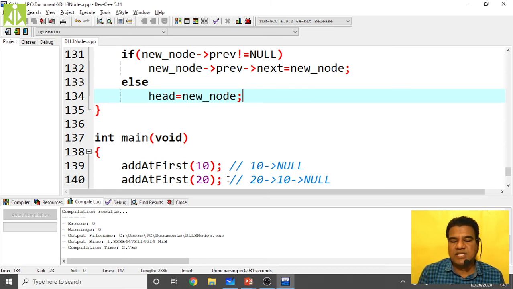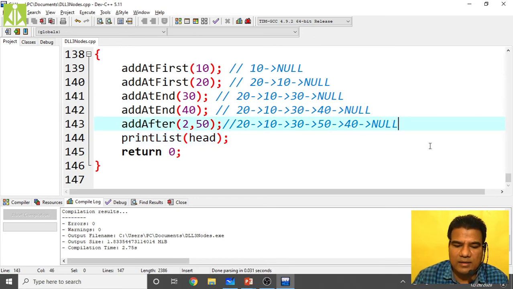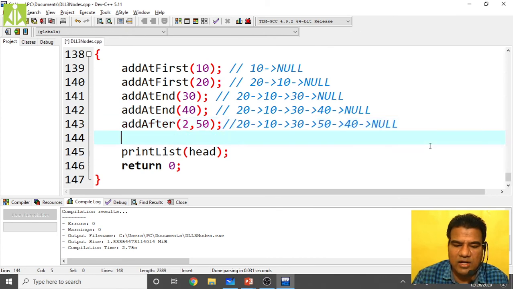As we are writing everything over here with some notations, if a lay person sees that, he won't get anything. But for you, you need to understand and do the stuff with much clarity. Hopefully you do the same. So this is my add before function. We'll add a node before the given position, and we see whether it will work or not.